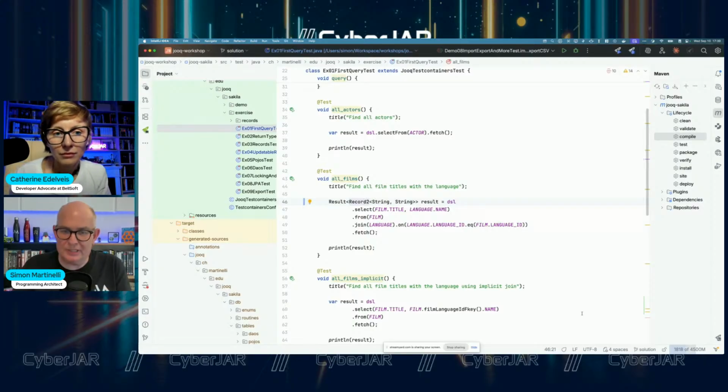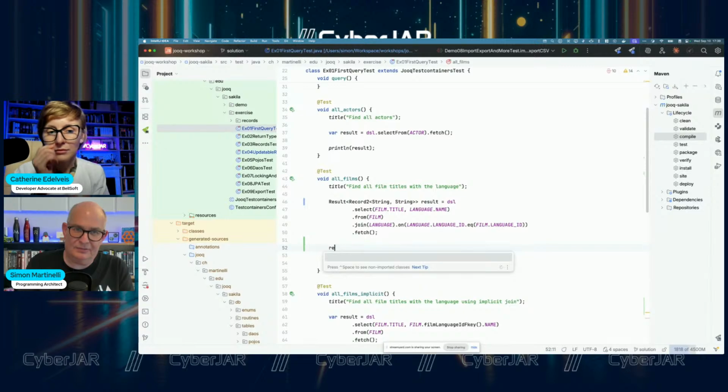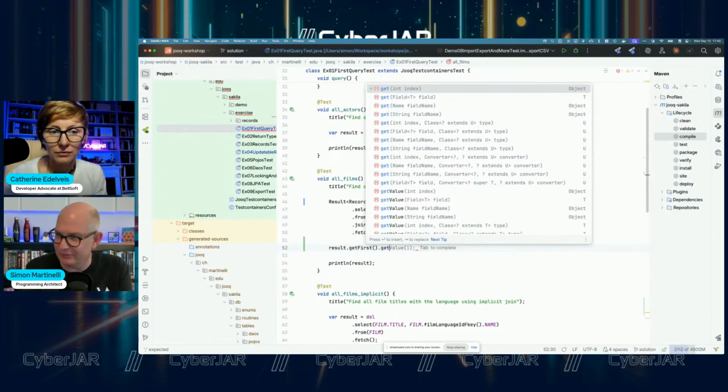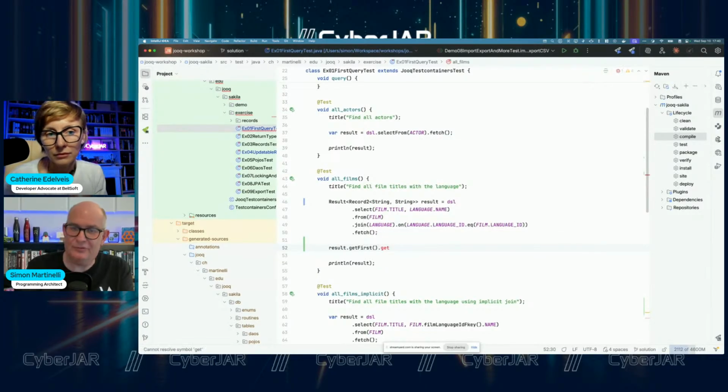And the Record2 can be used, for example, if we use the result and get the first element, then we can get the data. And if you remember the result set, you need to know, okay, is it positional 1 or 0? And then you have to remember the type, right? You have to know it's a string or an int, because you would call getInt or getString or get something else.